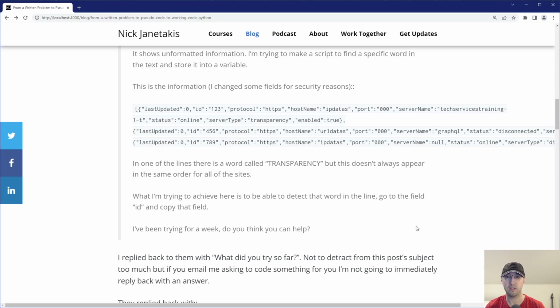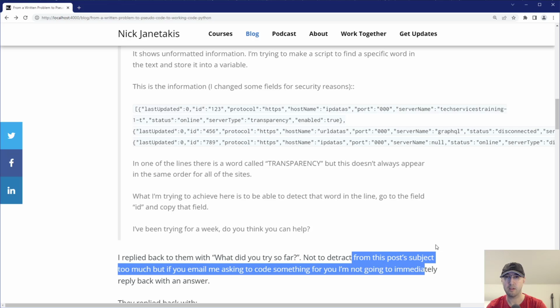So the first thing I did, without even really reading the details of the email, was I just asked them what they tried so far. Now, I don't want to get too deep into side topics here because this video's focus is on the workflow, but if someone just randomly emails me something asking for a coding solution,